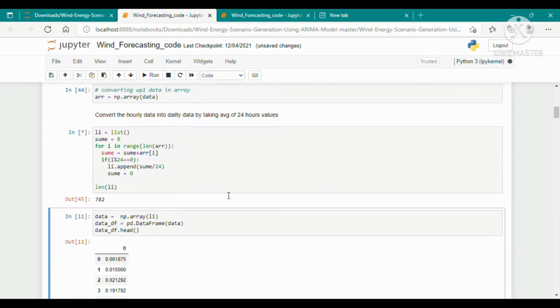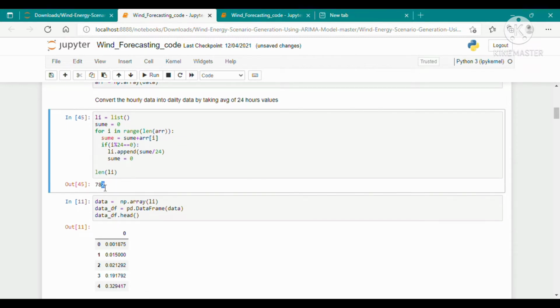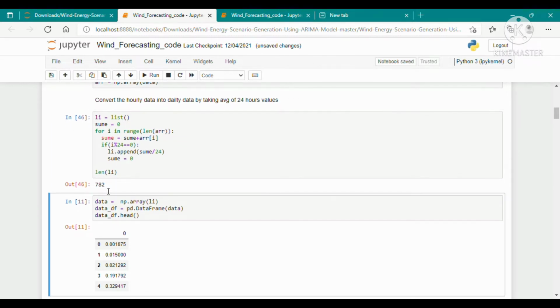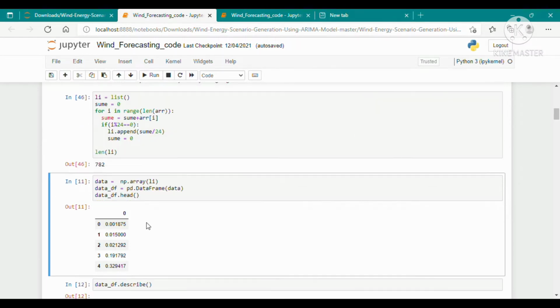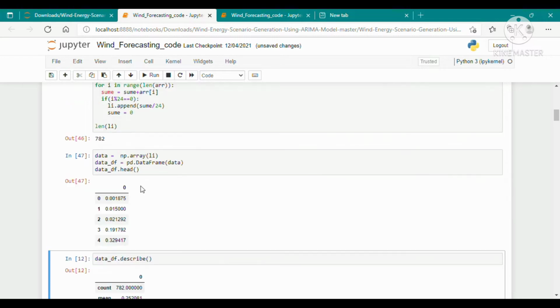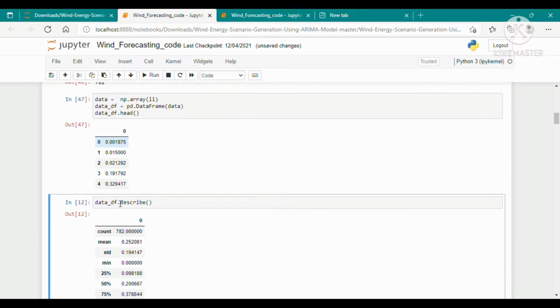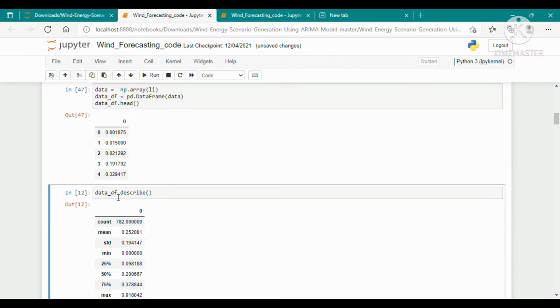We convert it using this list L1, looping over the range of the array, which appends the values to the list, and after that we get 782 values. Now we will convert the data into an array and data frame, and describe the data with df.describe.